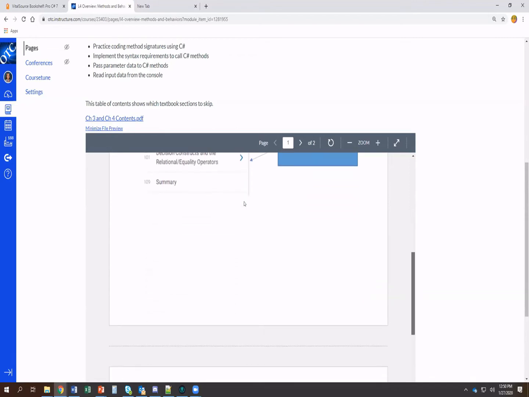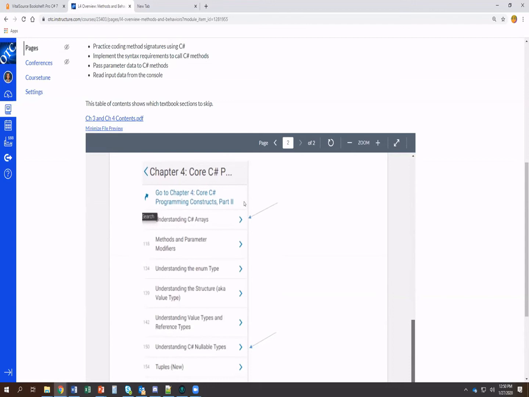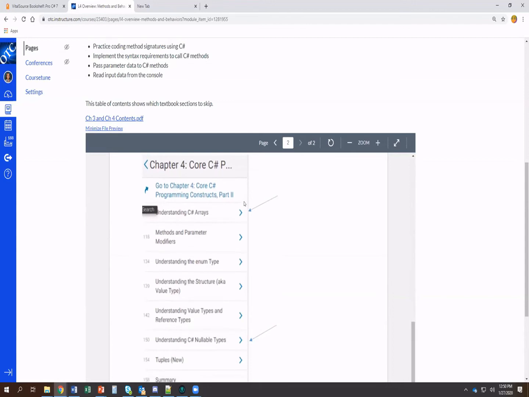but right now we're not working with those constructs yet. And then in chapter 4, understanding arrays and understanding C# nullable types is the same way. Let's skip those for now. We're going to come back to them later. What we're going to focus on in chapter 4 right now are methods and parameters, which the rest of that stuff is. So that's in our overview